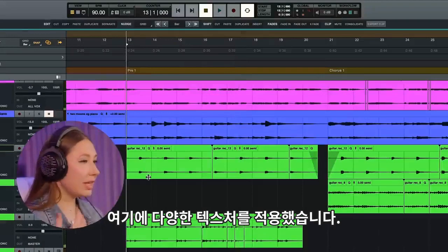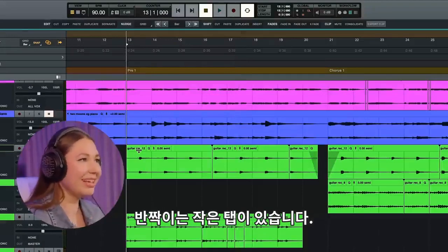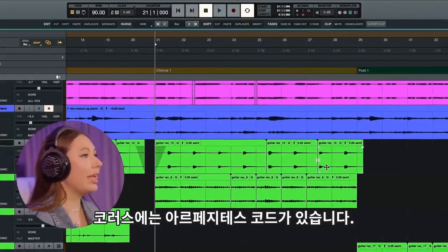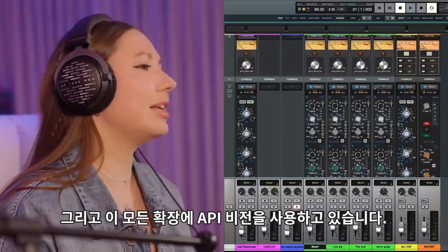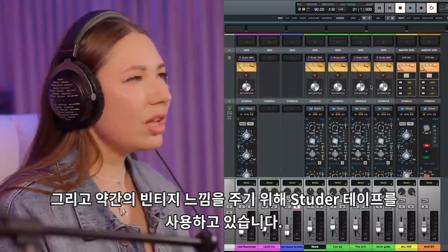And I did a lot of different textures here. Obviously, we've got this pizzicato pluck. We've got that little tap. And on the chorus, we have that arpeggiated chord. And on all of these extensions, I'm using API Vision and I'm using Studer tape just for a little bit